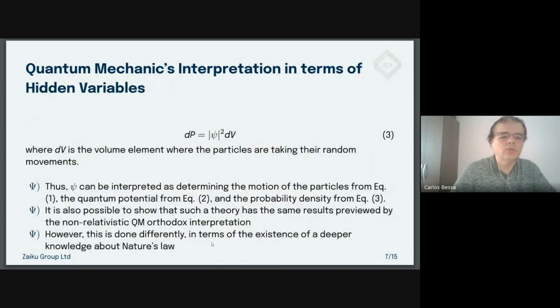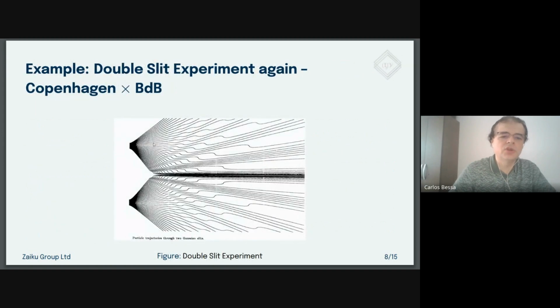One example for this is the double slit experiment that we already discussed. Here you have a representation of the double slit experiment in terms of the de Broglie and Copenhagen interpretations. Like here, in terms of the Copenhagen, the